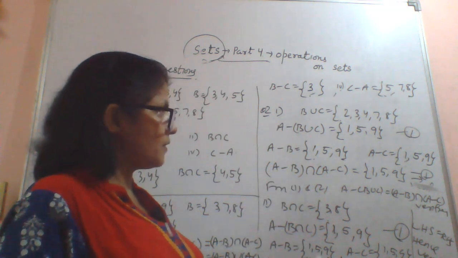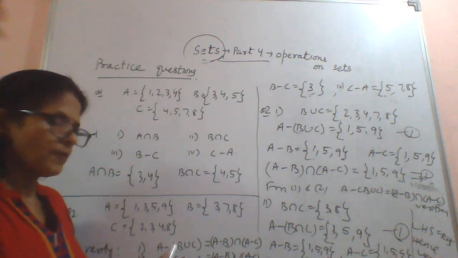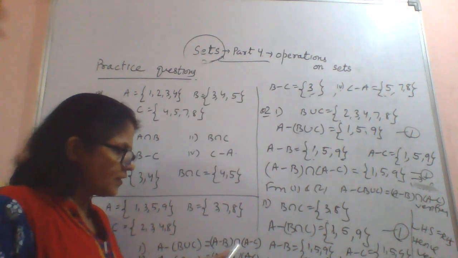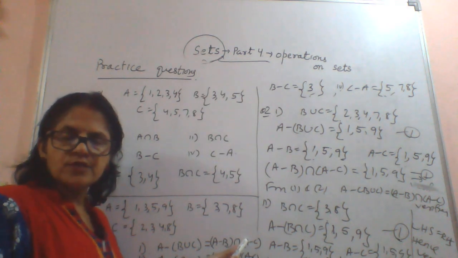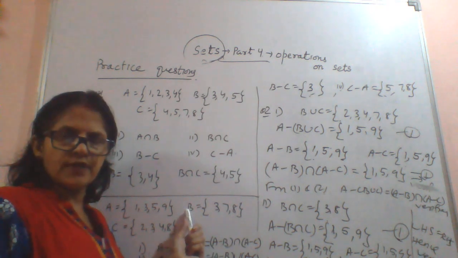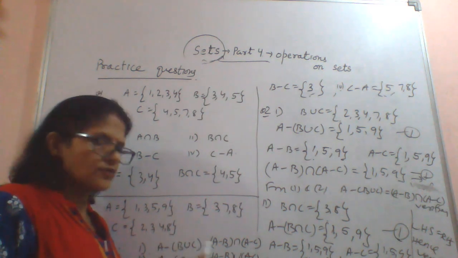Suppose, for example, the question is to prove that A difference (B union C) equals (A difference B) intersection (A difference C). Then we have to prove in general. But because the question is we are given A, B, C, verify that this is equal to this,